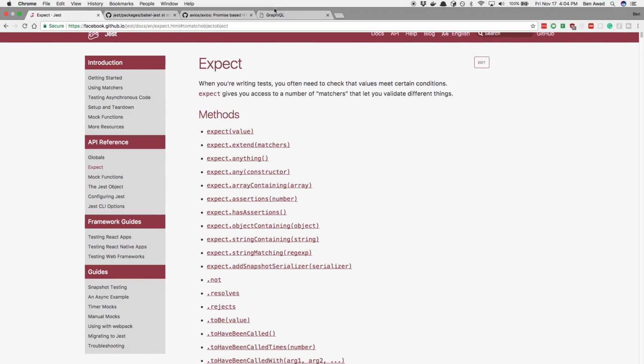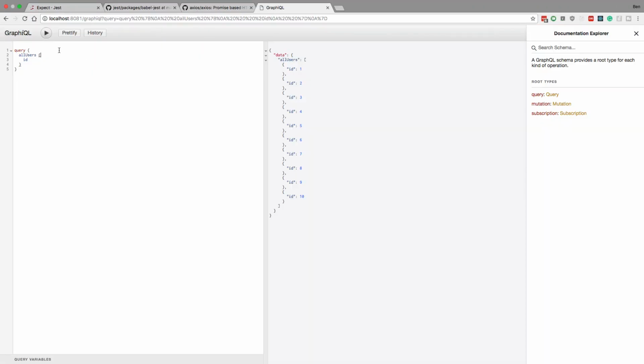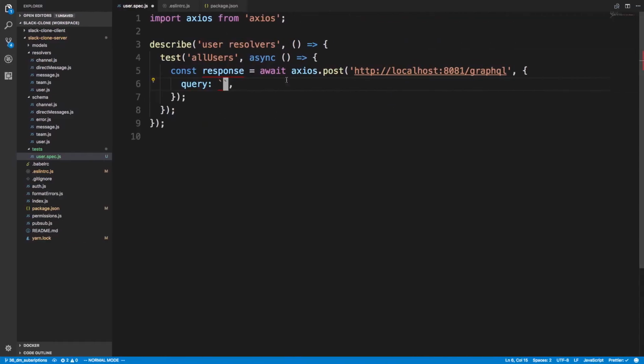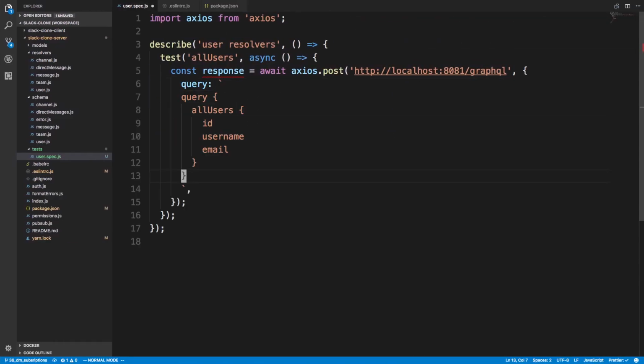So if I pop over here to GraphQL, I can see this is all users. I can run it. Now I can grab more things if I want, like the username, email, whatever I want to test out, right? I can run that and we get all this data back. So I can copy this query, place it here, and now this response will get run, and in